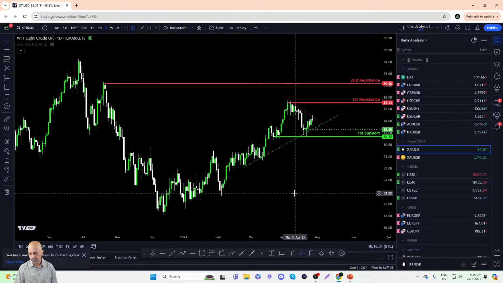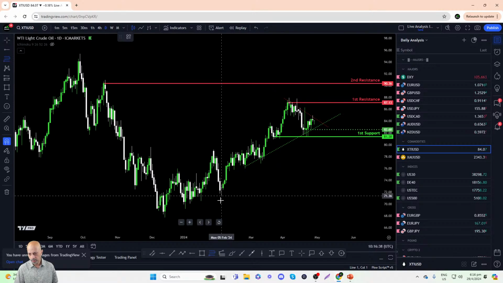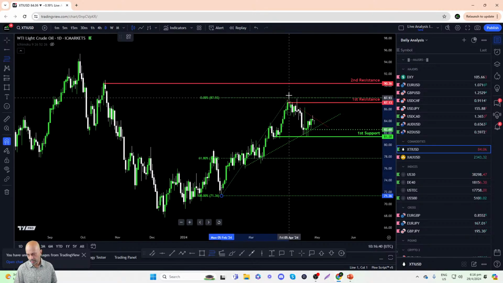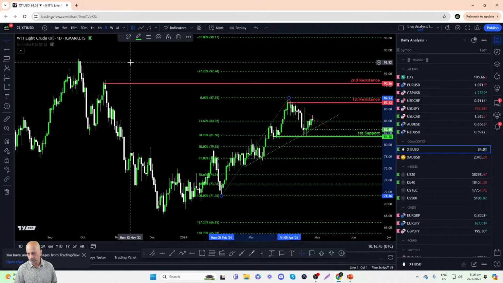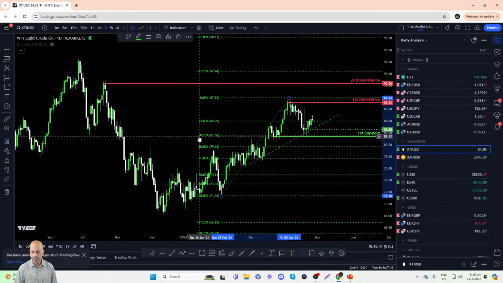Right, okay, I think there's a couple of Fibonacci retracements that we could use. Let's start the first one from here. This swing low on 5th of February going up to the high here on the 5th of April. I think it might be the 38%. Okay, let's pull it up. Yeah, we do see the 38% retracement aligned very well with the first support, so let's keep that on.